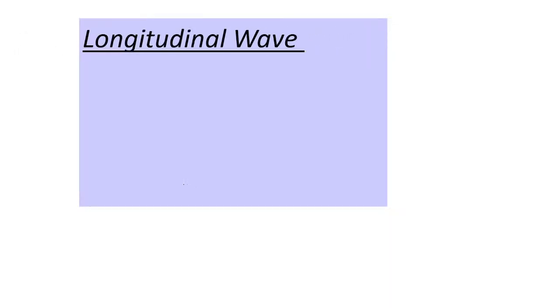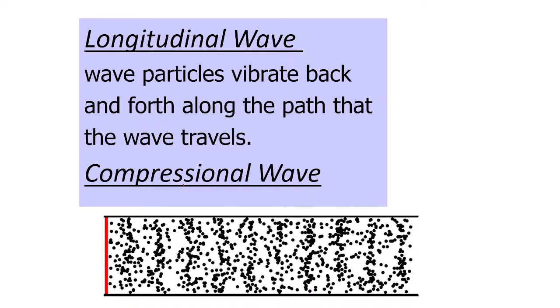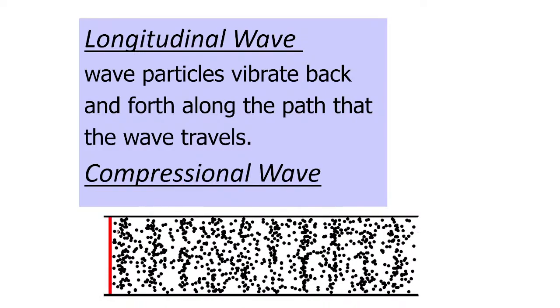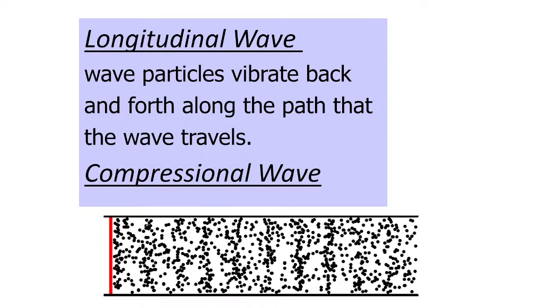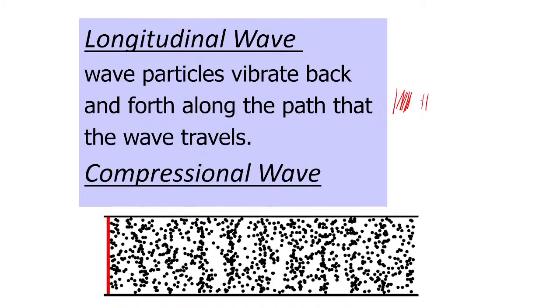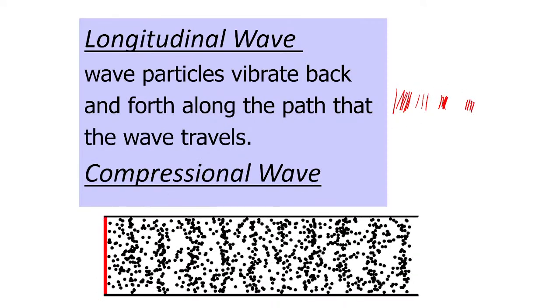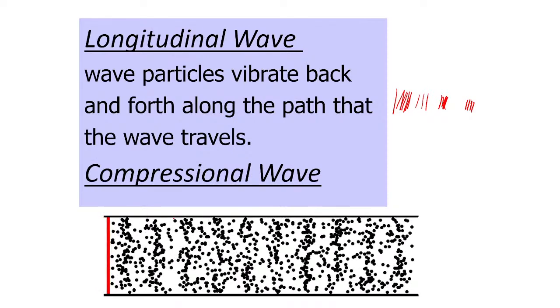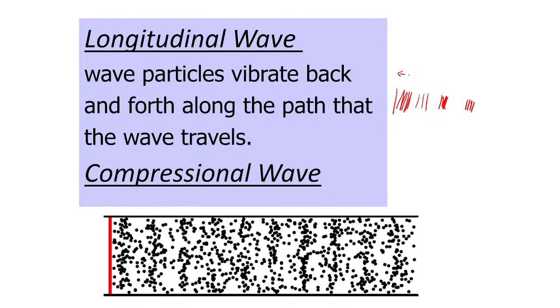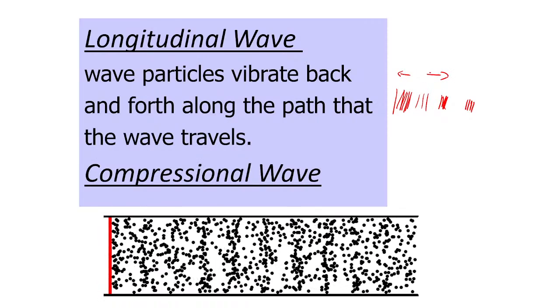Let us now understand the meaning of longitudinal wave. In a longitudinal wave, particles vibrate back and forth. For example, you can see some molecules coming closer, some moving far away. So the pattern is like this. Some are very close, some are very far. Then again some are very close, some are very far. The vibration travels like this. That's called a longitudinal wave. It is sideways, to the left and to the right, so particles are moving back and forth.